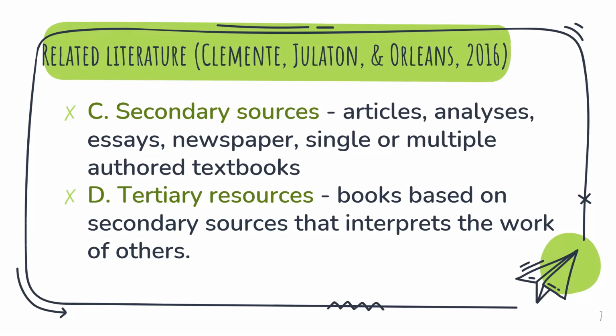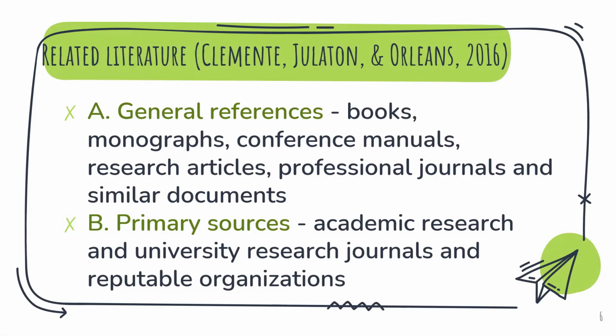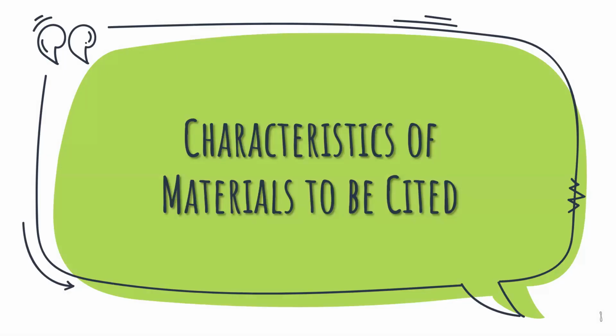So, kapag po textbook, it means that it's a secondary source. Samantalang, yung mga primary sources naman natin, these are the journals from reputable organizations such as UP. And then we have the general books. These are usually, we could say, that encyclopedia also belongs to general references. Okay? And then